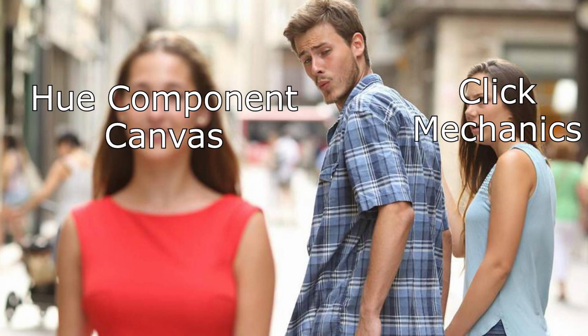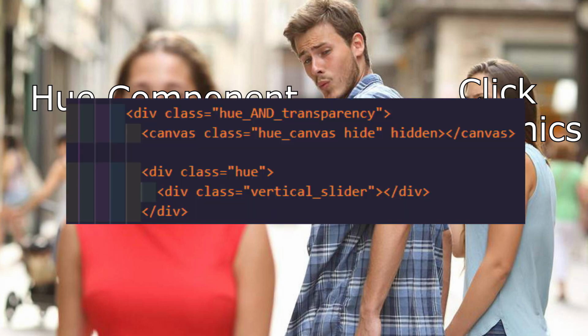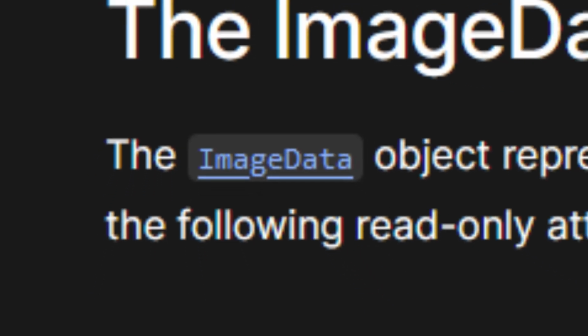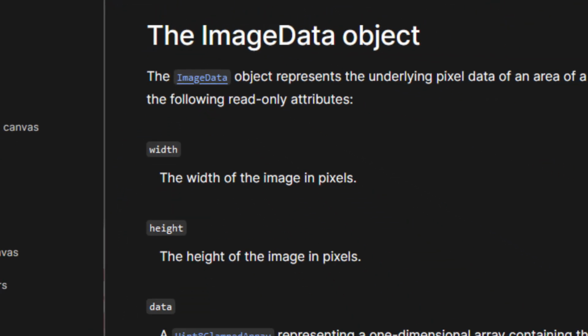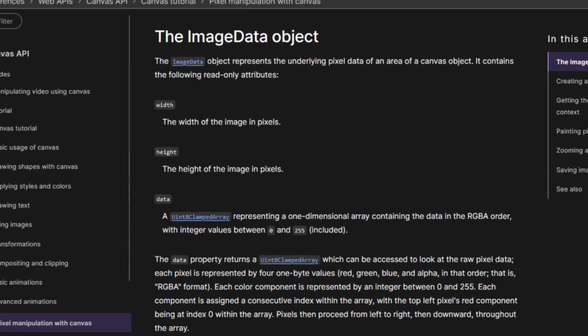After this, I got a little bit sidetracked. Instead of creating the code that will grab the position of the mouse click on the hue component, I decided to make its canvas. In JavaScript, a canvas is an element that allows you to create graphics like images dynamically with code. It also provides its own API for reading graphic data, which is what I needed in order to know what color the user selects. This is going to sound complicated to someone who's not familiar with JavaScript, but I'll try my best to explain my intentions with the canvas.